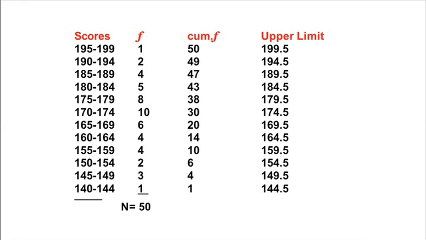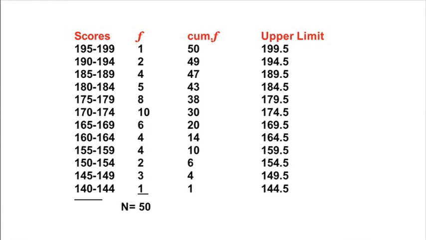You see, its frequency is 1, nothing can be added because nothing is below it. Now, next 145 to 149 frequency is 3. Now, I will add this 3 to 1, 1 plus 3 is equal to 4. So, for 145 to 149 the cumulative frequency is 4. Then next is 2, 4 plus 2 is 6, next is 4, 6 plus 4 is 10, again it is 4, 10 plus 4 is 14, then 6, 14 plus 6 is 20, then 10, 20 plus 10 is 30, then 8, 30 plus 8 is 38,